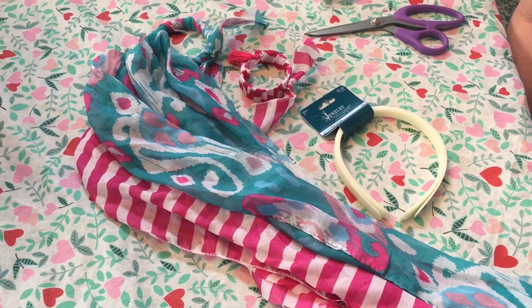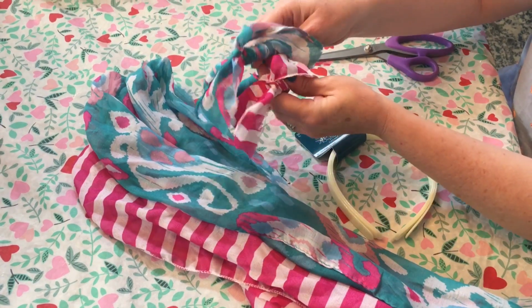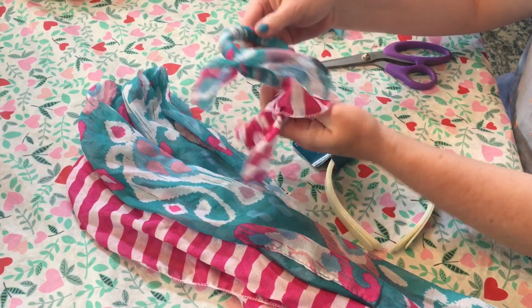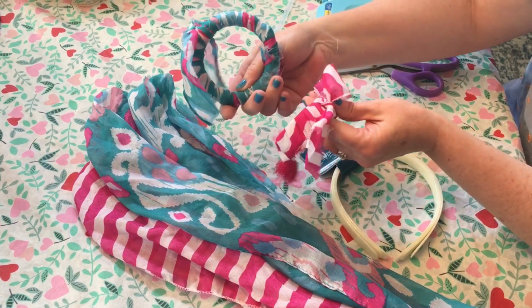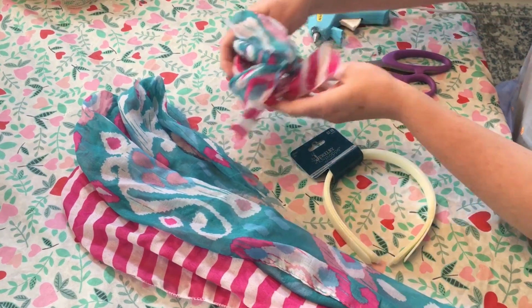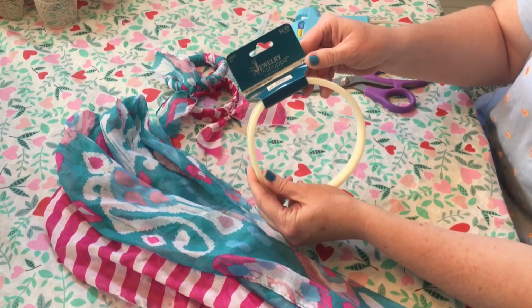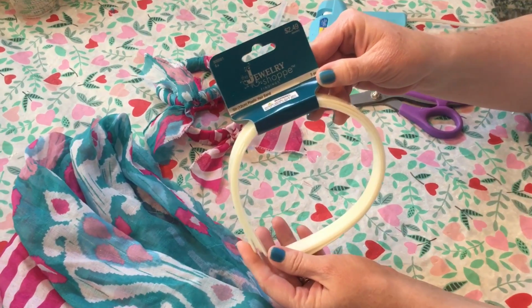Today we are going to be making some matching headbands to go with our bracelets. If you haven't watched the Lilly inspired bracelet tutorial, I will link it in the drop down box for you. But today we are going to be making matching headbands, and I purchased these headbands at Hobby Lobby,